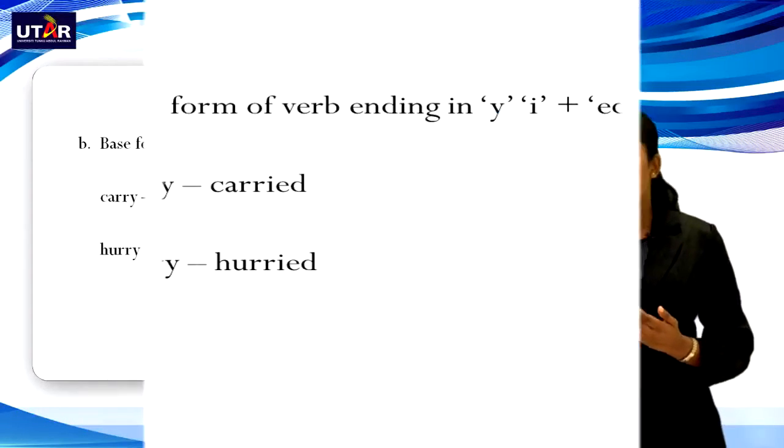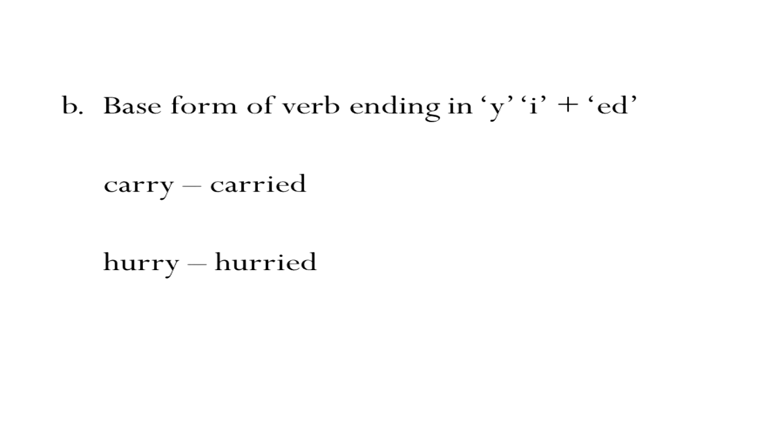Now, if you have a verb ending in y, you have to remove the y, replace it with i, and add ed to it. For instance, we have the verb carry, C-A-R-R-Y. The verb ends with the letter y. So in order to form the past form of the verb, remove the y, replace it with i, and add ed. So carry becomes